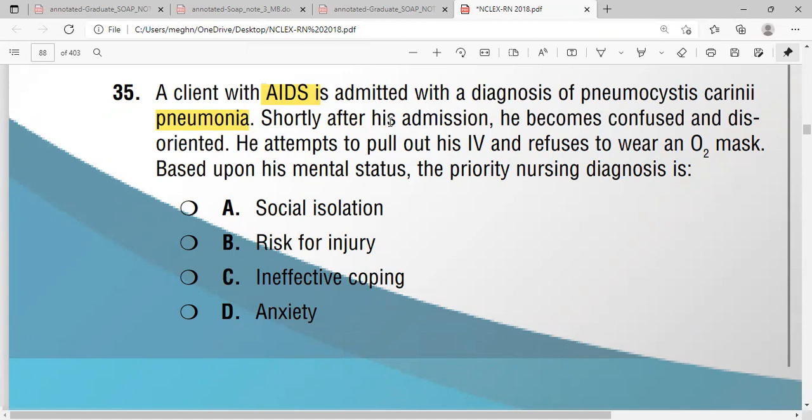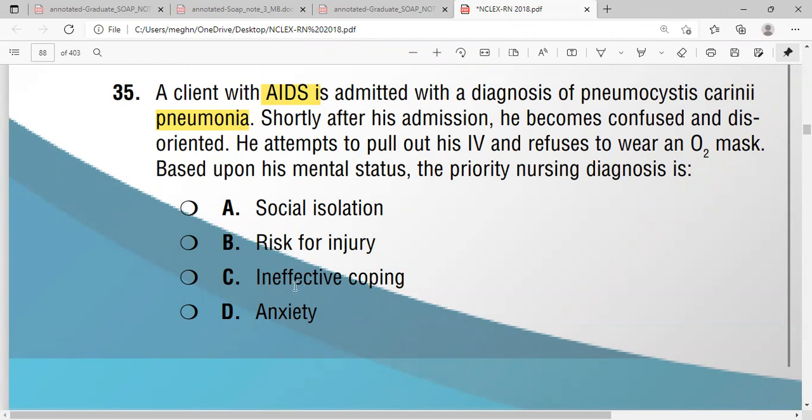Shortly after his admission, he becomes confused and disoriented, and he attempts to pull out his IV, meaning restlessness, or refuses to wear an oxygen mask. Based upon his mental status, the priority nursing diagnosis is number A, social isolation; number B, risk for injury;